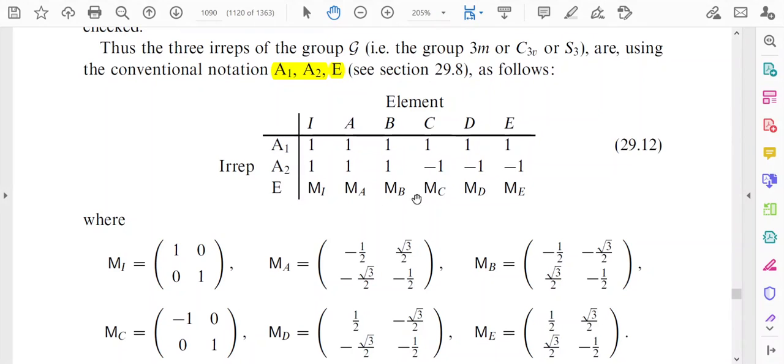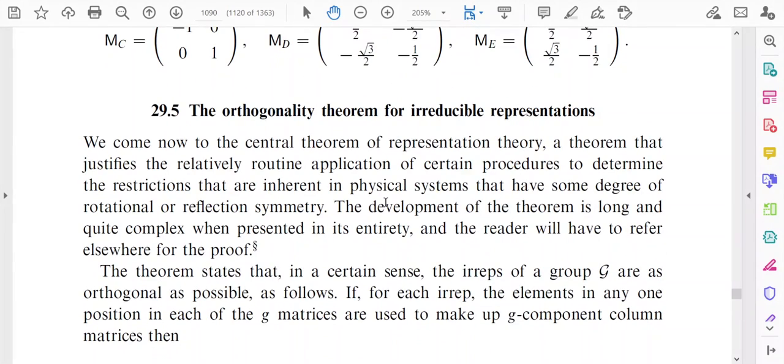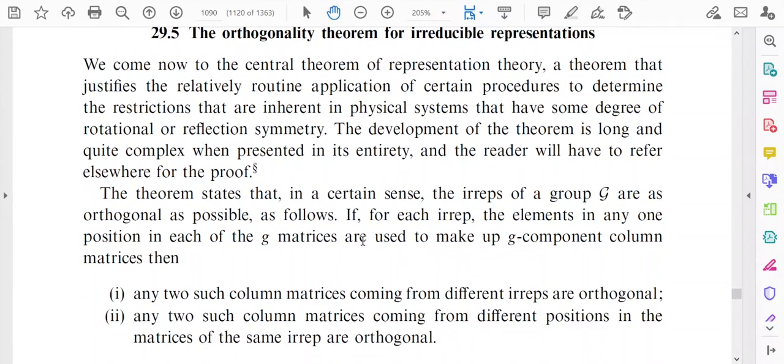Now for this particular table, we will show a theorem which is known as the orthogonality theorem. This theorem states that in a certain sense the irreducible representations of a group G are as orthogonal as possible, which is given as follows: for each irreducible representation, the elements in any one position in each of the G matrices are used to make up a G-component column matrix, then